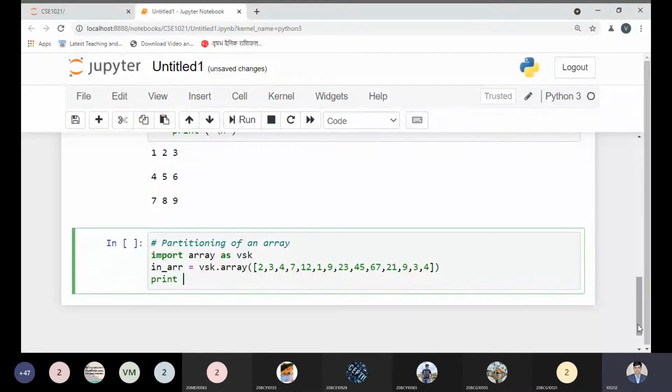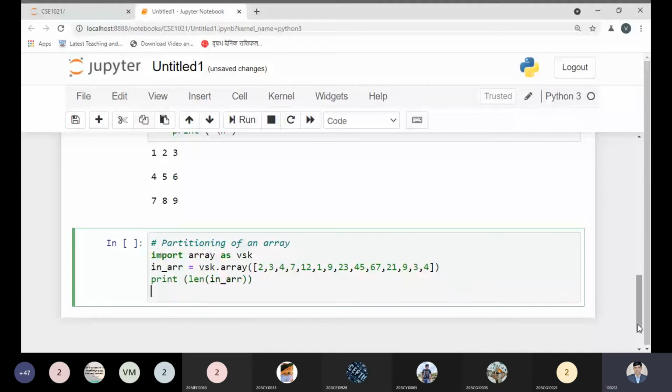Let us print the size of this array. So arr, underscore, r. Here we will print the size of the array.